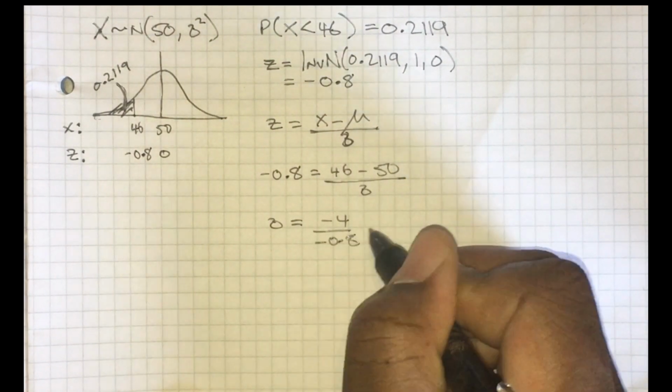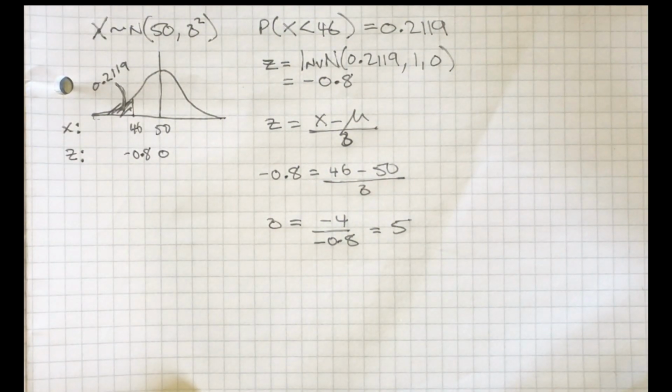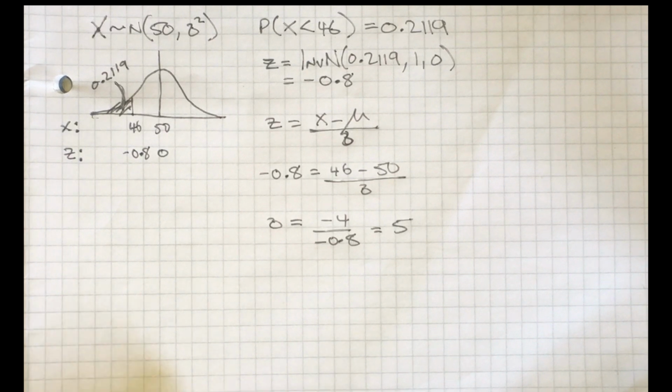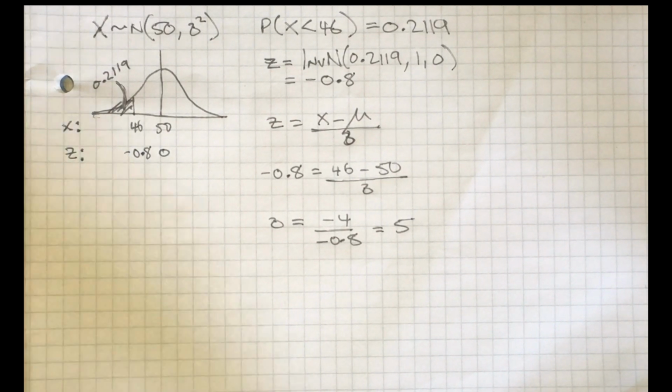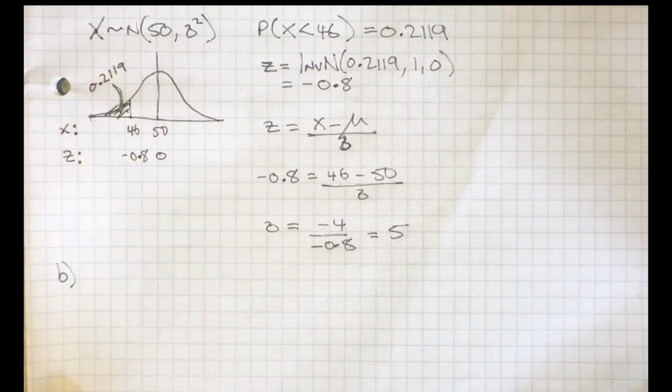And from all of that, we get that sigma equals 5. Alright, so now I know both parameters of the normal distribution. I could probably do just about any question that comes my way now. And in part B, it just so happens that we've been asked to go ahead and find a value for